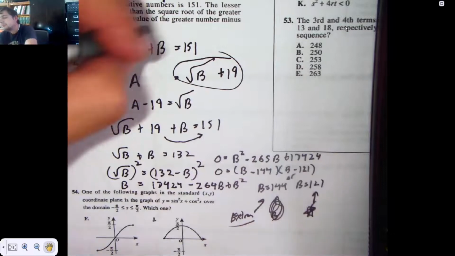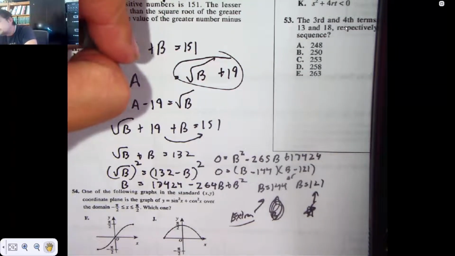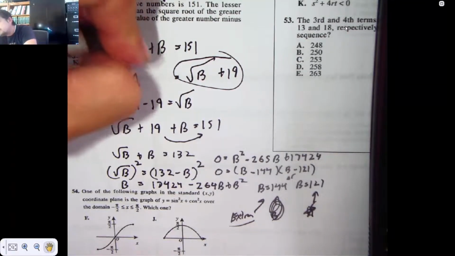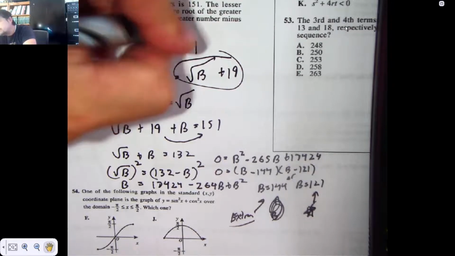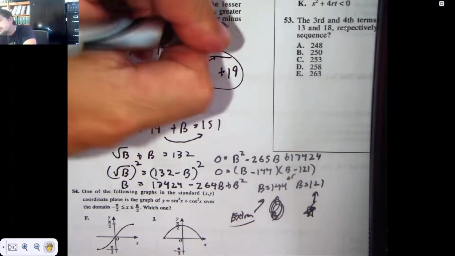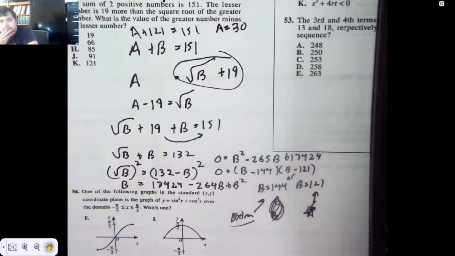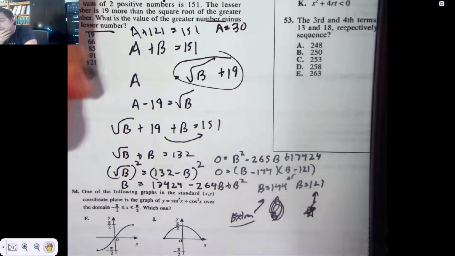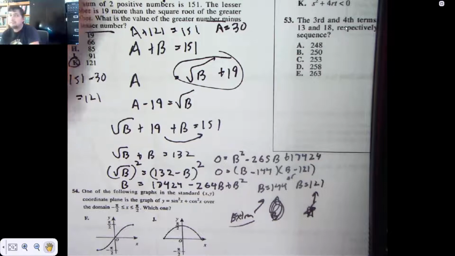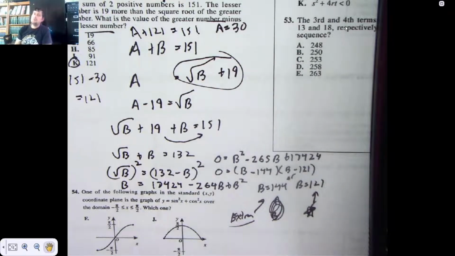Real answer. So back up here, 128 plus 121 is 151. That would make A 30, right? The difference between these two, the greater minus the lesser, is 151. Take away 30, which is 121. So that one, if you have to do the algebra, that thing takes way more than a minute to do,